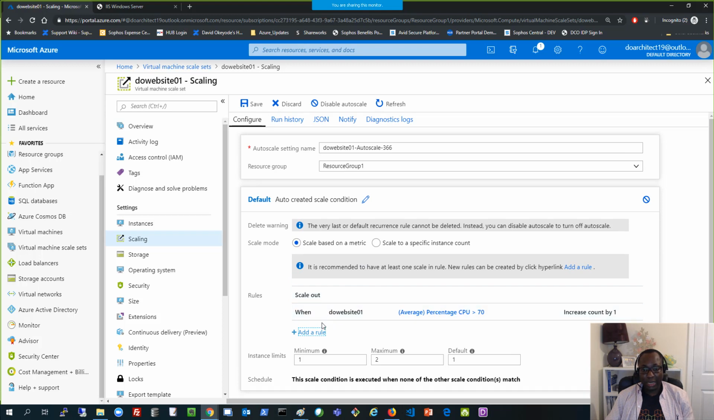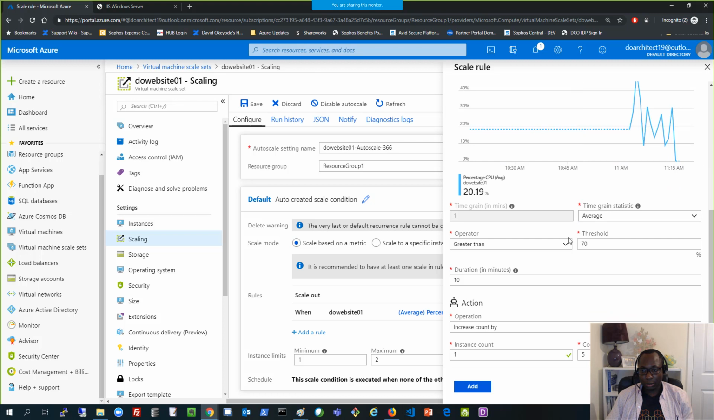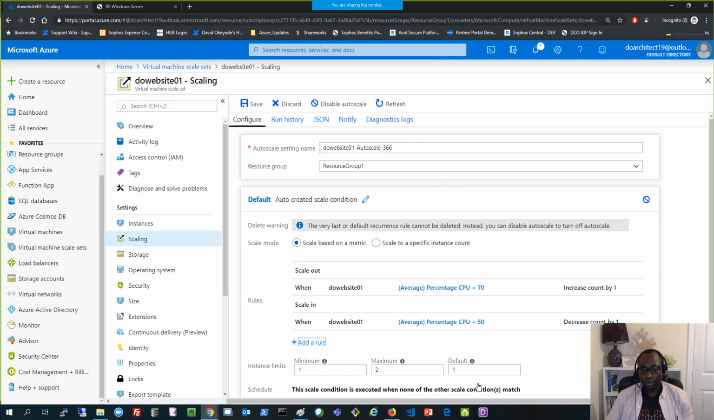But what I can also do is add another rule, which will be my scale in event. So if I go back to this, I can say if it's less than 50%, so rather than increase the count, I'm going to decrease the count by 1 instance if it's less than 50%. And if I go to add that, the cooldown is where it won't do anything in between that time, so it's not constantly going up and down if it's right under exactly